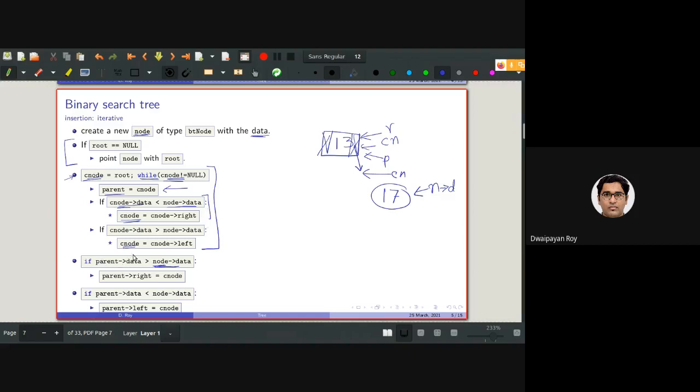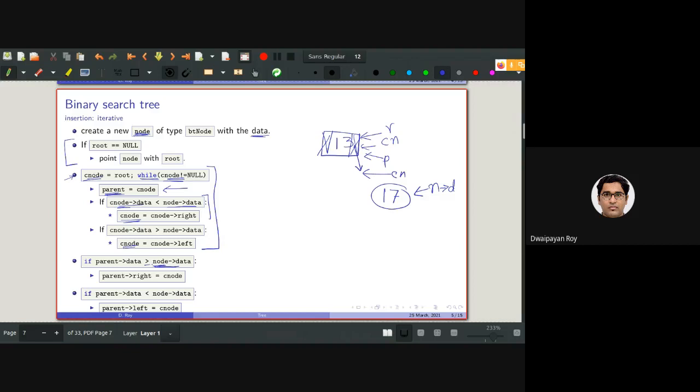And then outside this while loop, I'll be checking whether the parent. So I know that now the parent is containing the parent data, of which either the right child or left child will be the new node.